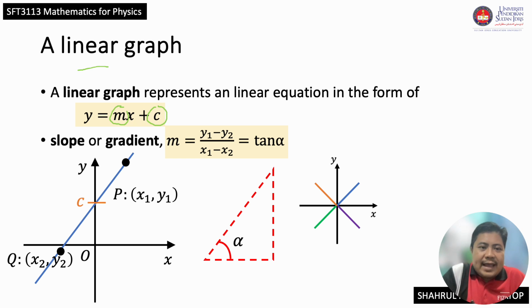All right, and c is the intercept at the y-axis. So let's take any 2 points on the graph, where the first is P, (x1, y1), and the second one is (x2, y2). So we can have a visual